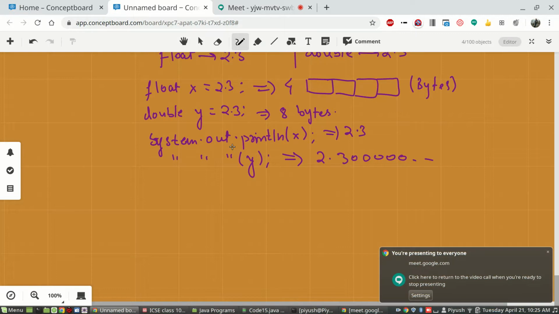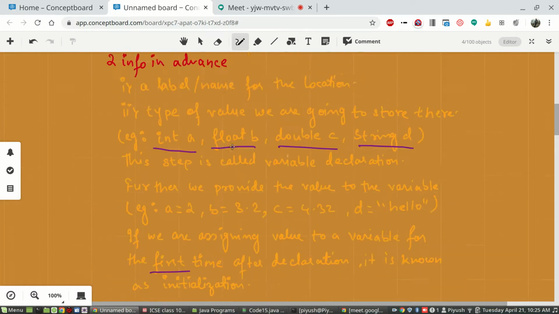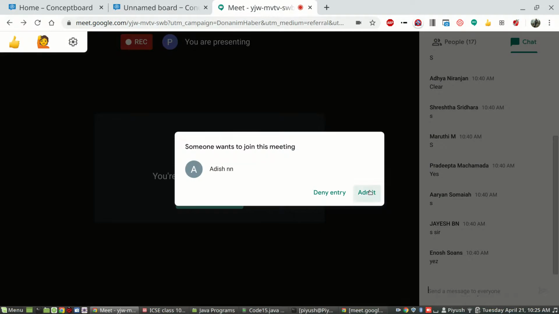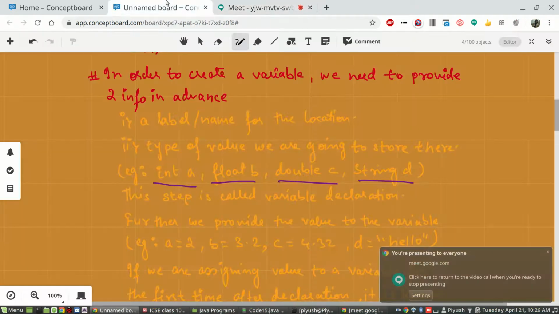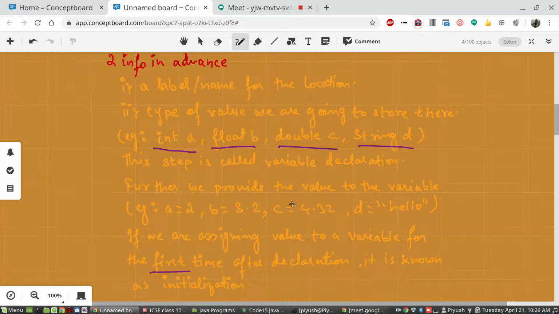And yes, one more thing. The line where you specify that you want to reserve a memory location having a label and a data type is called variable declaration. The line where you specify what type of value you are going to store and what will be the name of the variable is known as variable declaration.